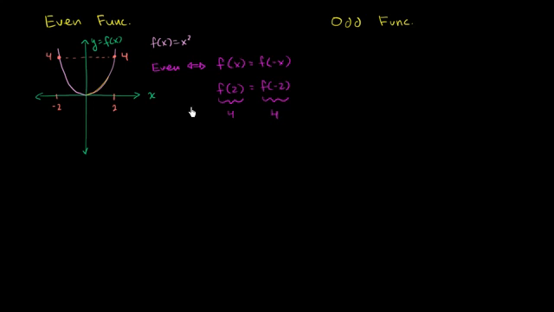equal to 4. So really, this is just another way of saying that the function can be reflected, or the left side of the function is the reflection of the right side of the function across the vertical axis, across the y-axis. Now, just to make sure we have a decent understanding here, let me draw a few more even